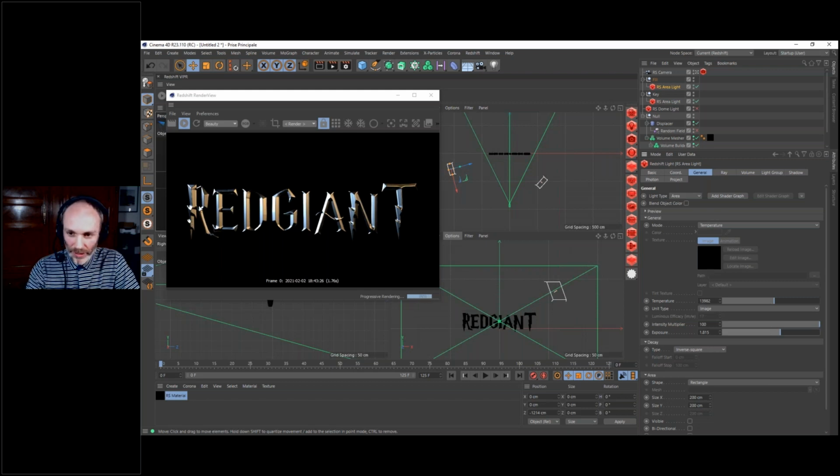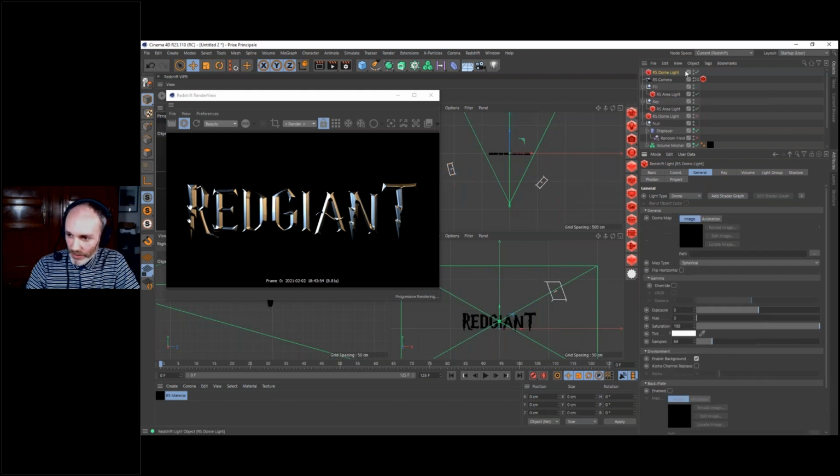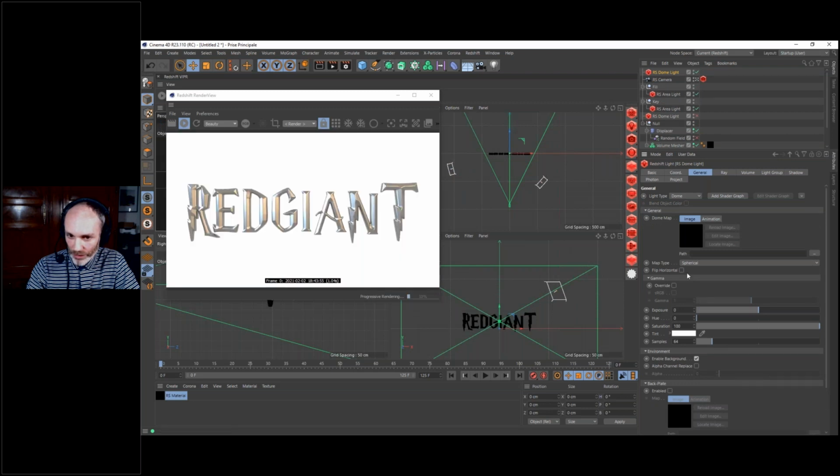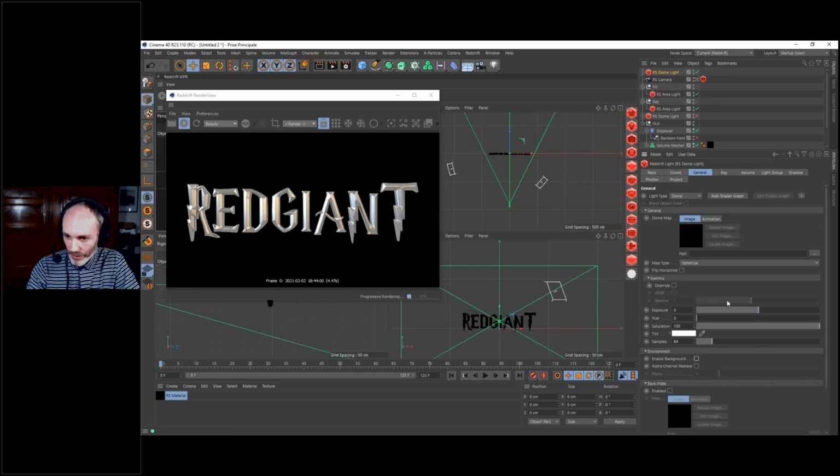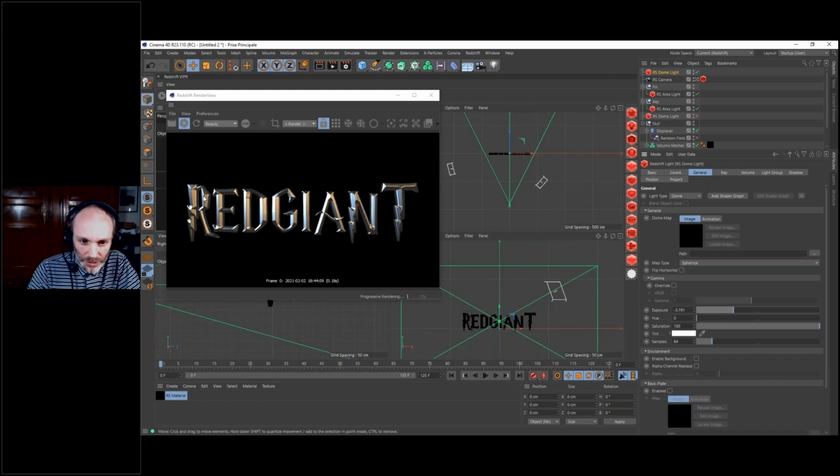Of course, because our lights are here on the front and here on the side, on the bottom of our font we don't have anything. So we could deal with that with a number of solutions. One of the laziest solutions would be to use a dome light, a new dome light. This time I don't want to have any background, and I'm going to decrease the exposure a lot. Going this way, I'm going now to increase, and this is just going to give me an edge here, some kind of ambient lighting on the whole scene.